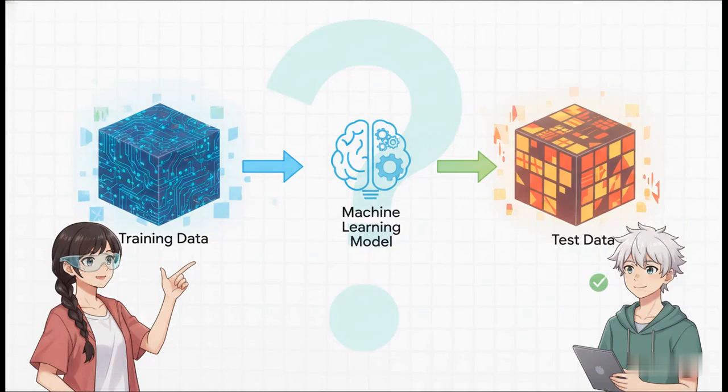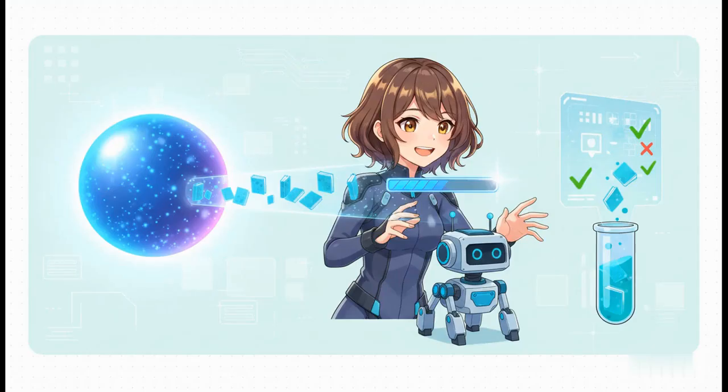And here's a fundamental question for this section. What is a training set and a test set in a machine learning model? It's a really simple but totally critical split. The training set is the big chunk of data, usually about 70% or so, that you use to actually teach the model. The test set is the smaller portion that you keep locked away.